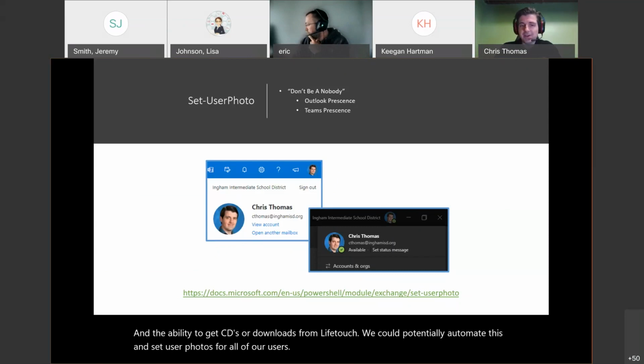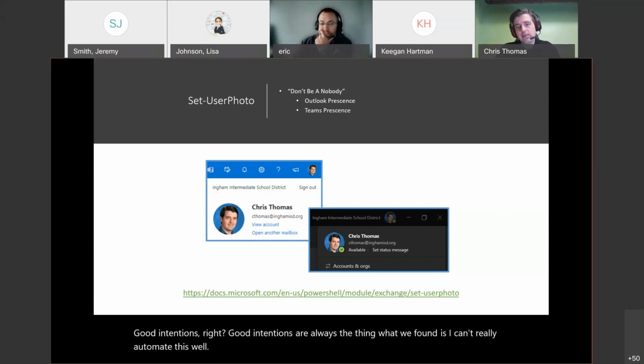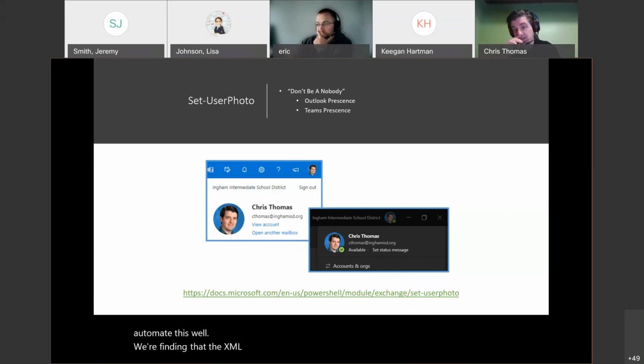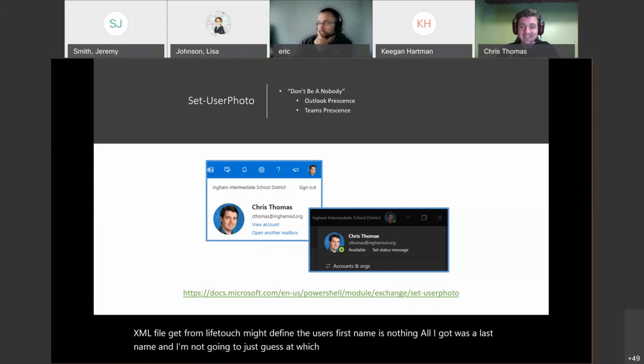Good intentions, right? Good intentions are always the thing. What we found is I can't really automate this well. We're finding that the XML file I get from LifeTouch, because they don't give me a CSV, might define the user's first name as nothing. All I got was a last name, and I'm not gonna just guess at which Thomas user is gonna get the photo of my face, right? There's multiple Thomases in our organization and no first name,